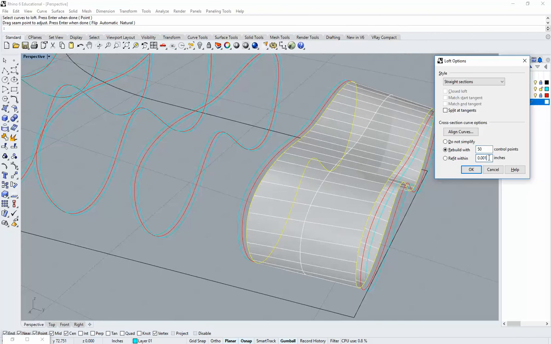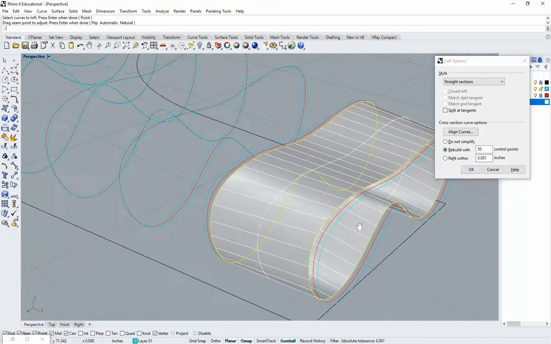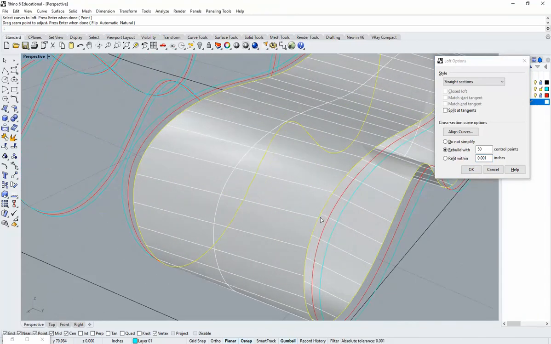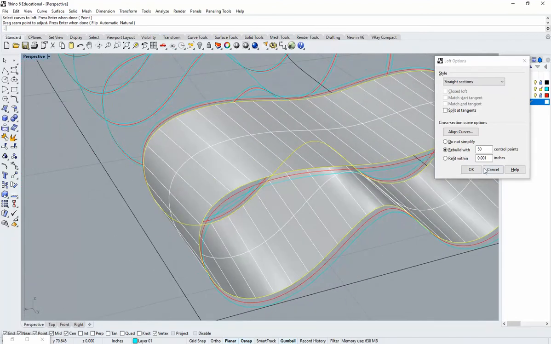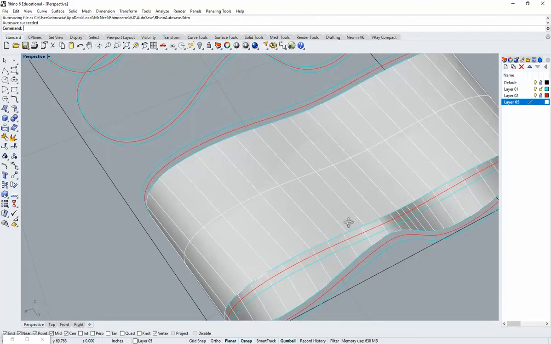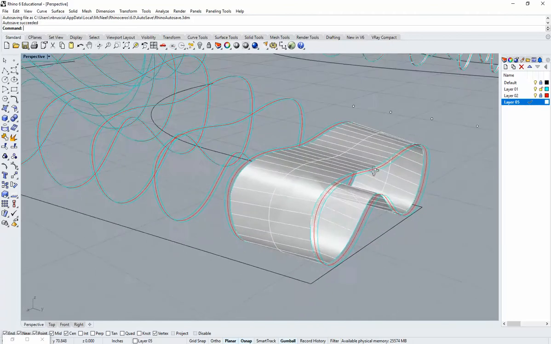But just because we rebuilt the curves with 50, I'm more confident that the surface that's going to result from this will very much match the original curve, because rebuilding sometimes could cause some deviation. In this case, it should be very, very subtle, if not impossible to see. So I'm going to click OK. And now what we've done is we've developed a pretty clean wireframe